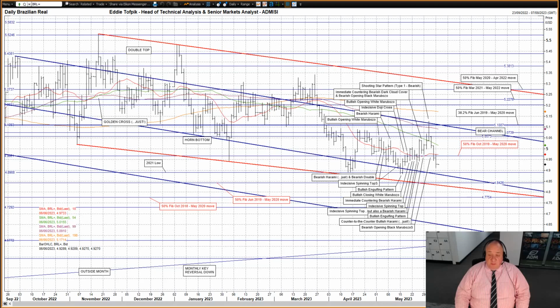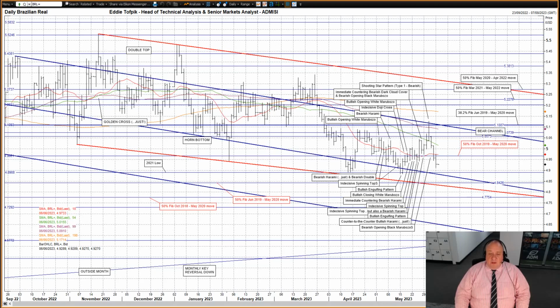Now this pitchfork is important, as below we have the 2021 low at 489.08 and then the middle time of this same pitchfork, currently 488.16. There's also the other main pattern here other than this bearish pitchfork, and that is the November 22 to date bear channel, currently 483.25 to 531.67, which is highlighted in bright red on my daily chart.